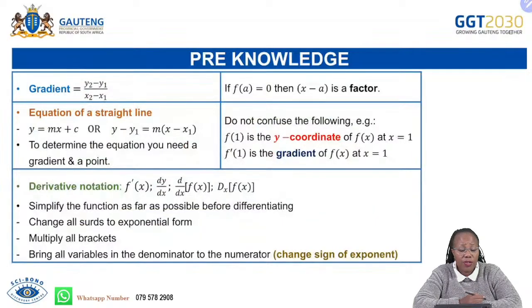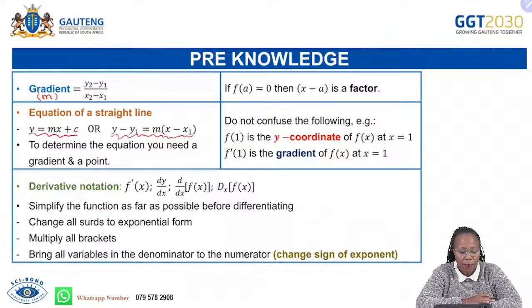And then the pre-knowledge that we need here, you must know the formula to find the gradient, that the gradient is equal to y2 minus y1 over x2 minus x1. Remember, we use the symbol m for the gradient now. It's m equal to y2 minus y1 over x2 minus x1. And then to find the equation of a straight line, you use the original straight line y equal to mx plus c. Or if you don't use that particular one, you can use the y minus y1 equal to m into x minus x1. It doesn't matter, grade 12, which one you choose, you will end up with the correct